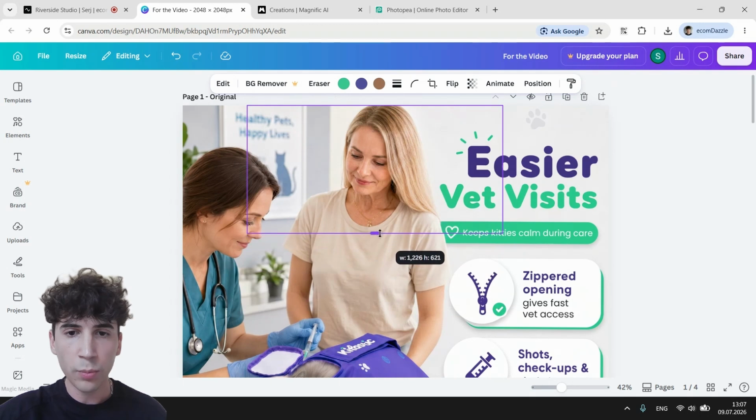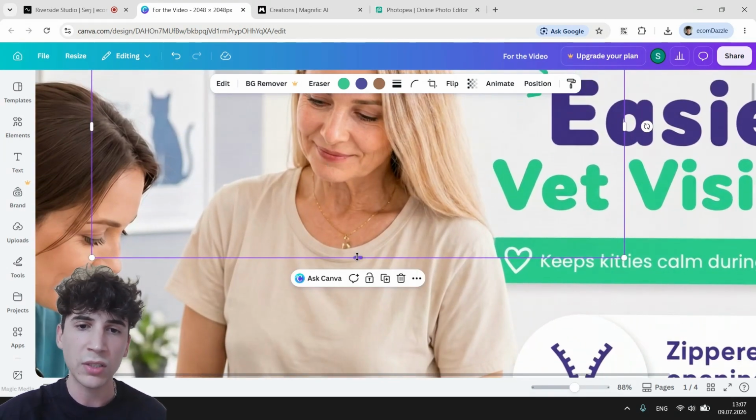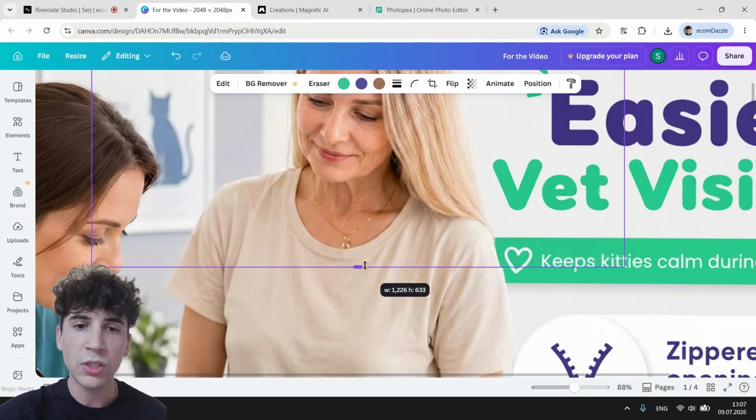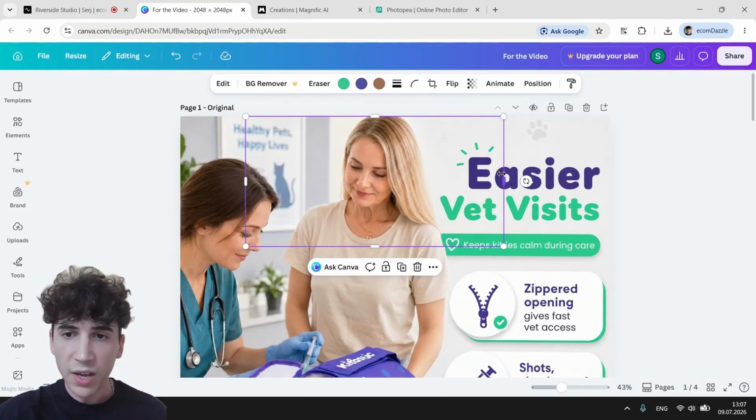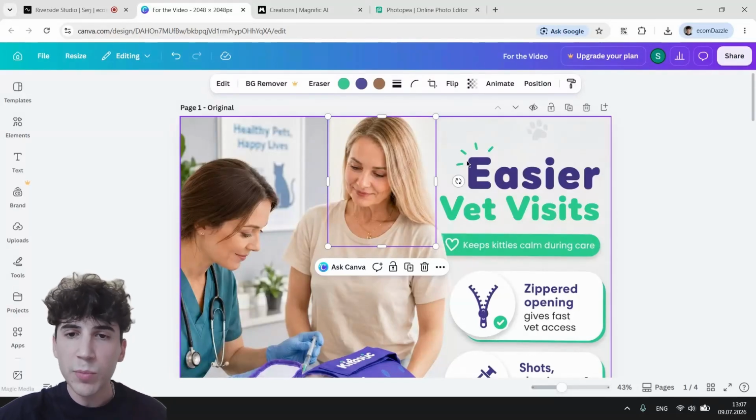Just take it and crop it. In this case, I want to also keep the neck, because the neck, as you can see, also changed. So I want to keep the neck area as well, but everything else we can just crop. The reason why we are cropping this image is because this